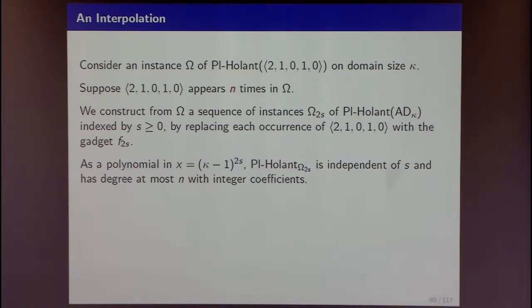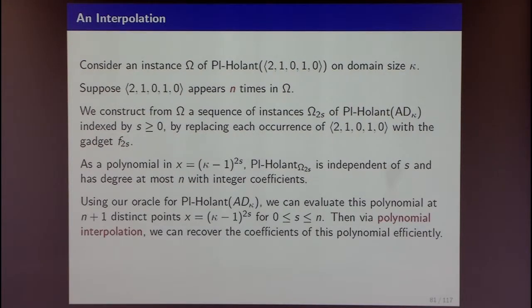And once you do that, the polynomial as the final value can be viewed as a polynomial of this x, where the coefficients do not depend on this number s of iterations. It's encapsulated into this s. And then what you do is you evaluate this at some n+1 points, sufficiently large, polynomially many, and then you interpolate the polynomial. Once you re-interpolate the polynomial, you plug in the desired x, which gives you back the original